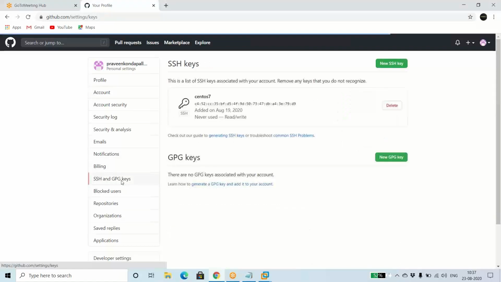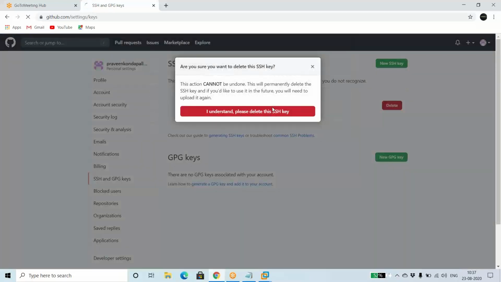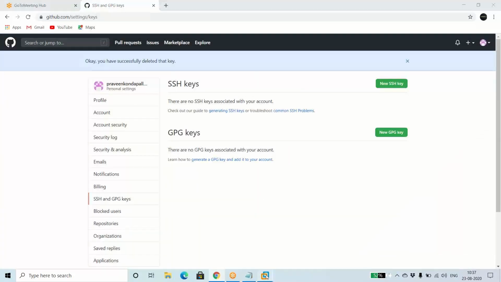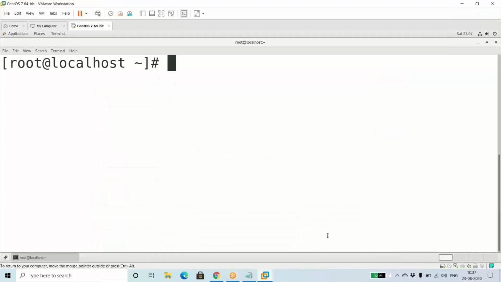Click on this SSH and GPG keys, find this key, and delete my old key. To connect from our local machine to a GitHub account, we need to use SSH. SSH is a network gateway; it will create a public key and a private key.